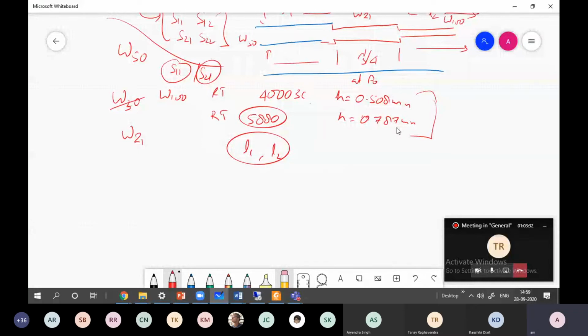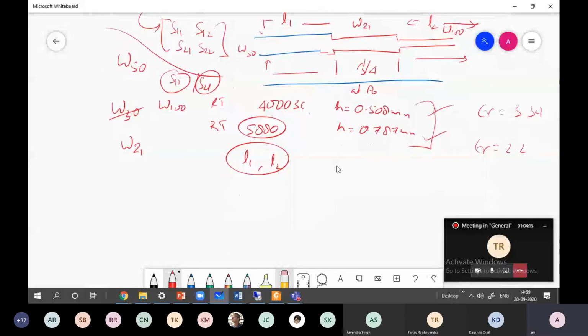Only some values will change, because these two substrates have different thickness and different dielectric constant, that is 3.34 and 2.2. Only these values change, and you need to do all sorts of things in the line calculator to get the width for 50 ohm or 100 ohm. If you can change it, it will be better, but I don't have any problem if you use that one also. Okay, please follow one thing. Anything else?